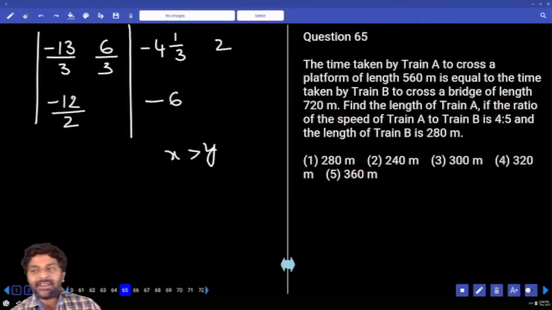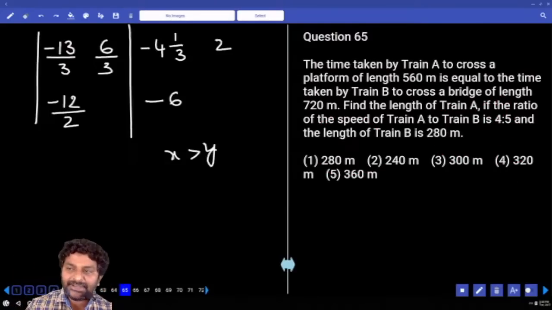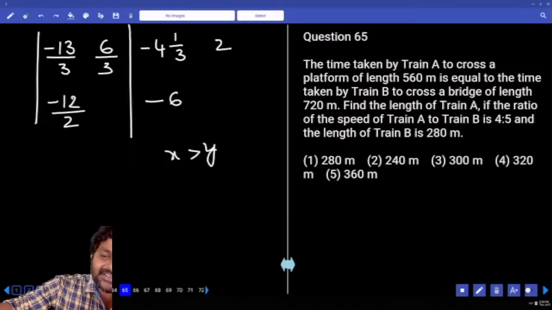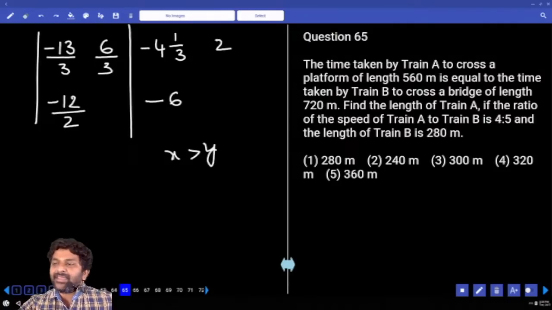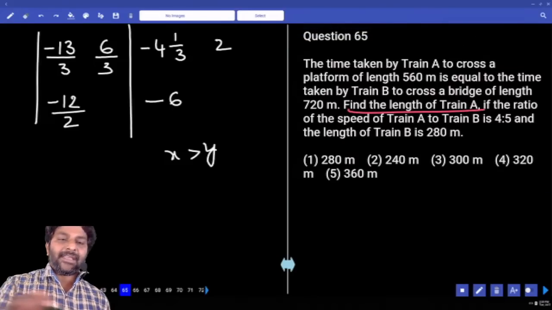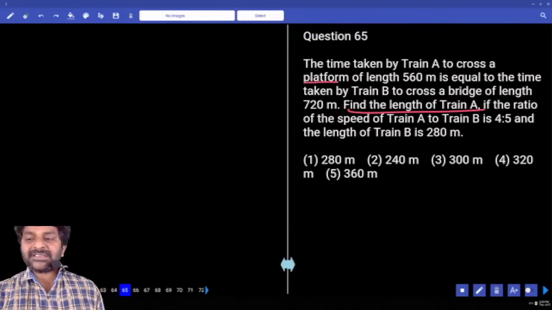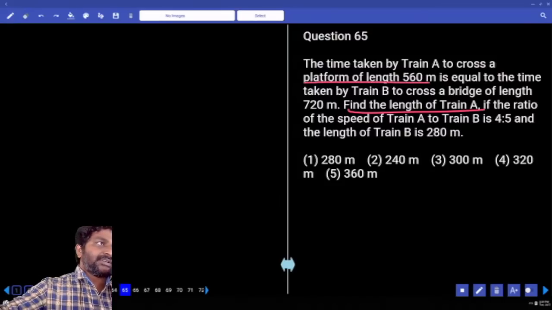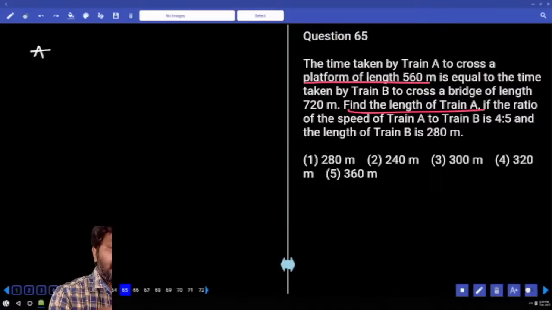The time taken by train A to cross a platform of length 560 meters is equal to the time taken by train B to cross a bridge of length 720 meters. Find the length of A if the ratio of the speed of A to B is 4:5 and the length of train B is 280. Okay. Now the question is to identify the length of train A. Train A crosses a platform of length 560. Distance covered is train length plus platform length. Train length A. Assume platform length